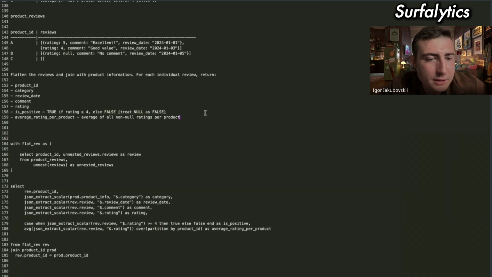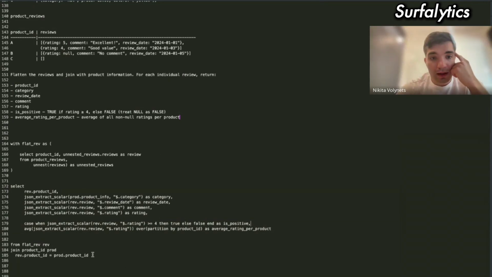Treat null. Yeah. Okay. I'm ready. So I have a couple of questions. Could you explain how this JSON extract scalar function works?